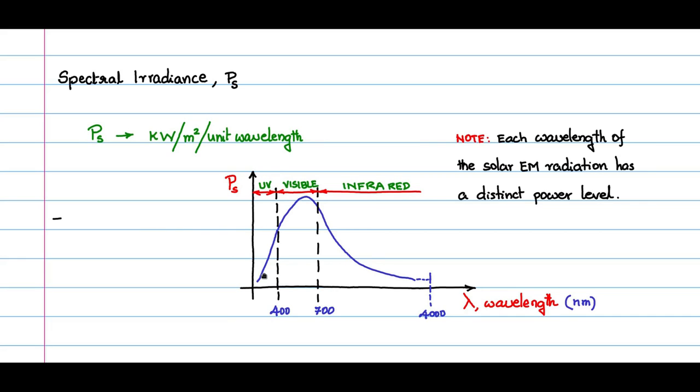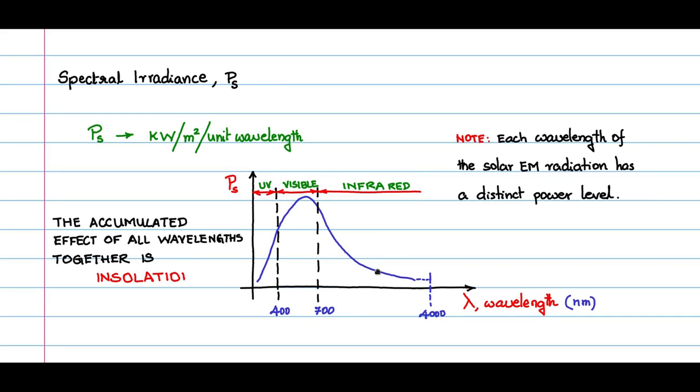And all these wavelengths are felt at the surface of the earth, and it is a cumulative effect, or the accumulated effect of all the wavelengths put together. So the accumulated effect of all wavelengths together is called